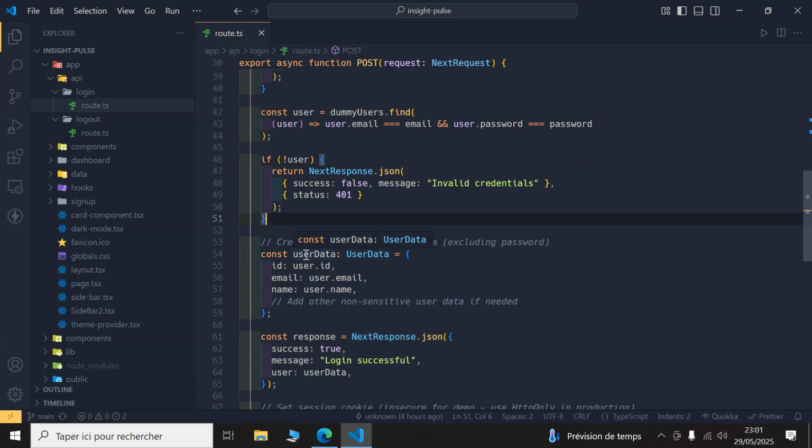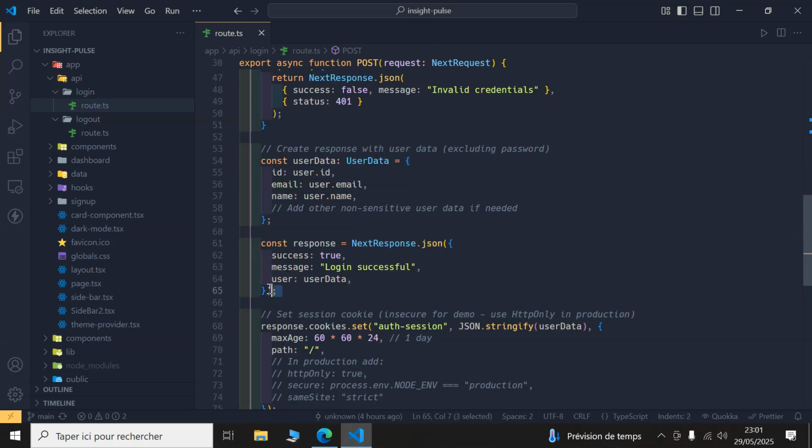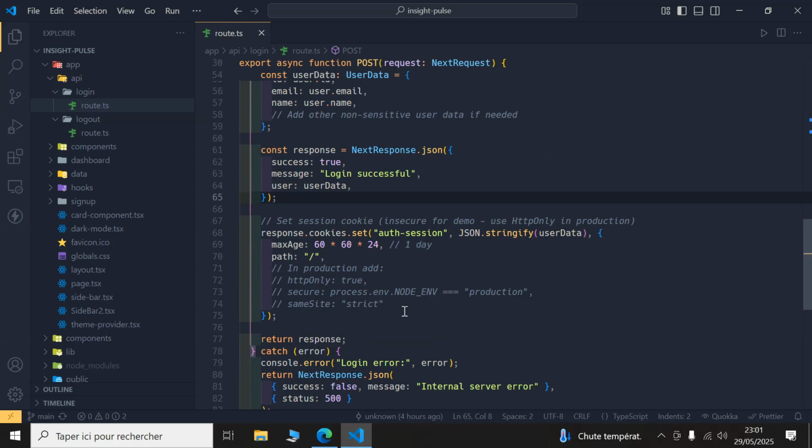So we're going to create a new object. Of course, we're not going to return the password, we're just going to return the ID, the email, and the name, and then we're going to return a response to the client with this object, and then we're going to create a cookie. It's a simple cookie that we're going to be creating